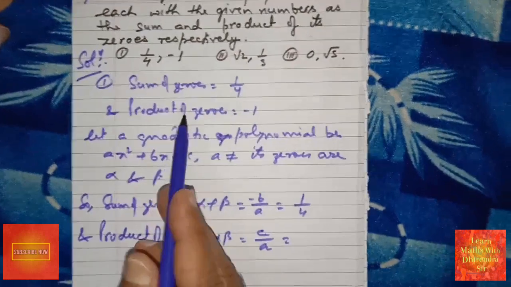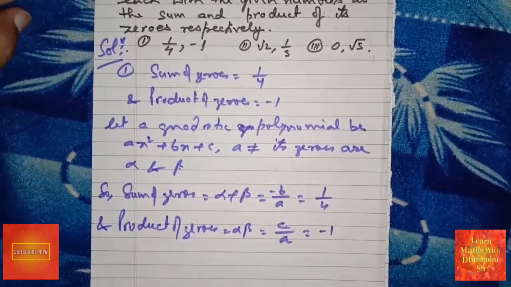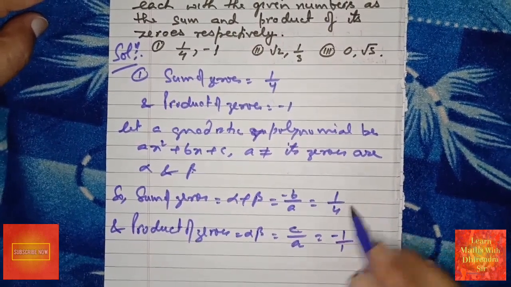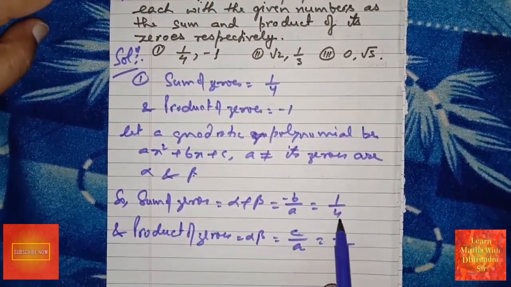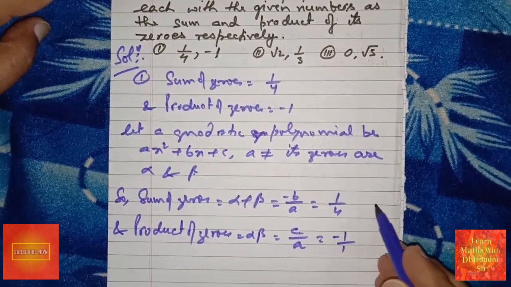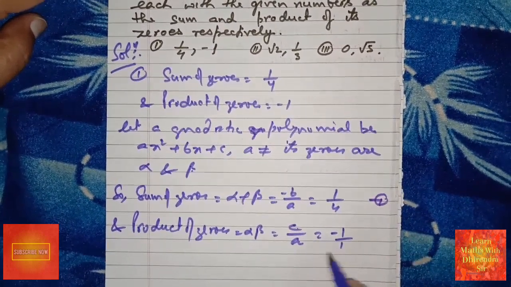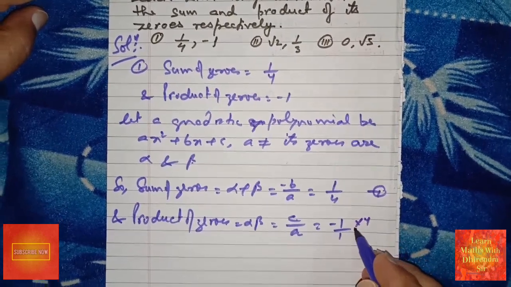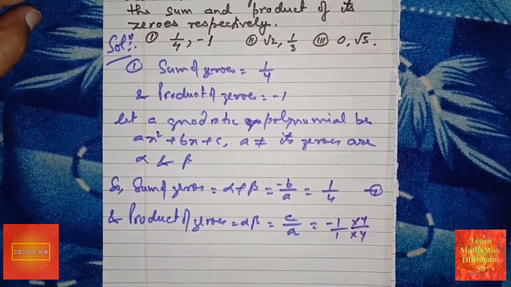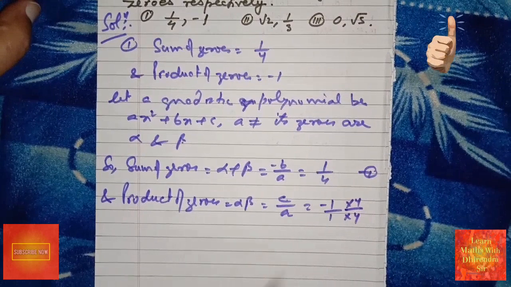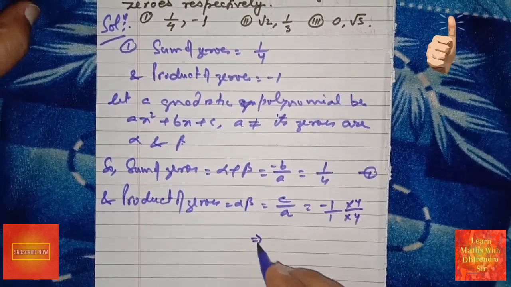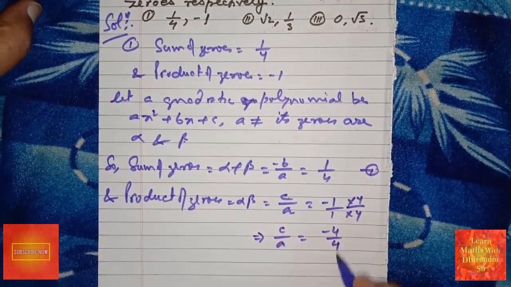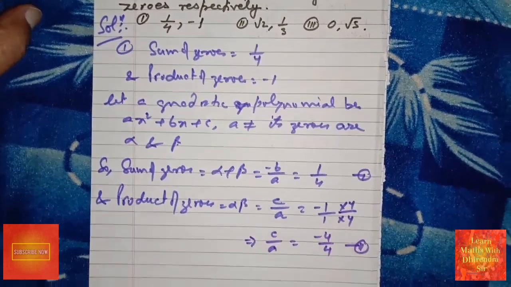What is the product of zeros? That is -1. Now we can write -1 in the form of this. Then here is equating, here is a equal to 4 after equating in part 1 and 2, but here is equating a is equal to 4. Then we multiplied by 4 like this for denominator of equalize. So we got implies c upon a equal to -4/4. That is your second part.